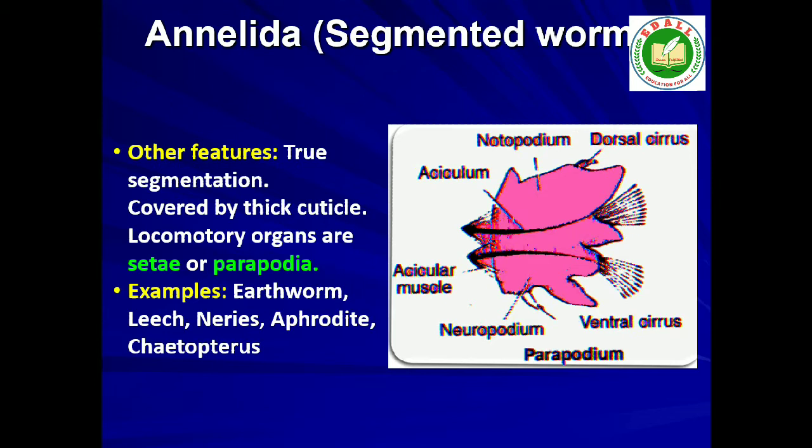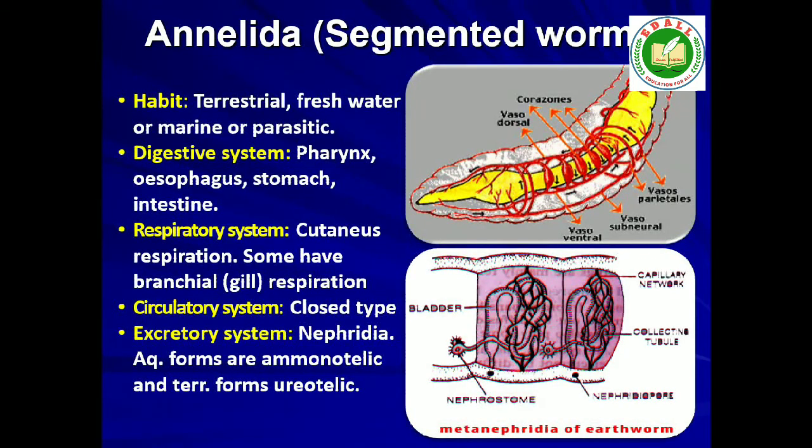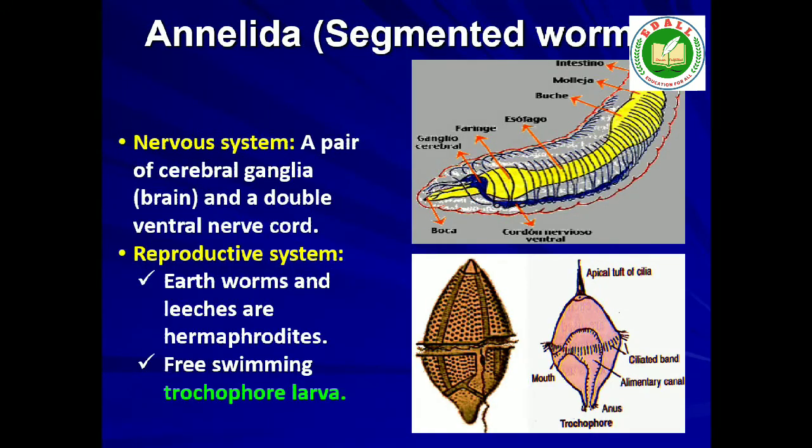They possess longitudinal and circular muscles which help in locomotion. Aquatic annelids like Nereis possess lateral appendages, parapodia, which help in swimming. A closed circulatory system is present. Nephridia, sing. nephridium, help in osmoregulation and excretion. Neural system consists of paired ganglia, sing. ganglion, connected by lateral nerves to a double ventral nerve cord.